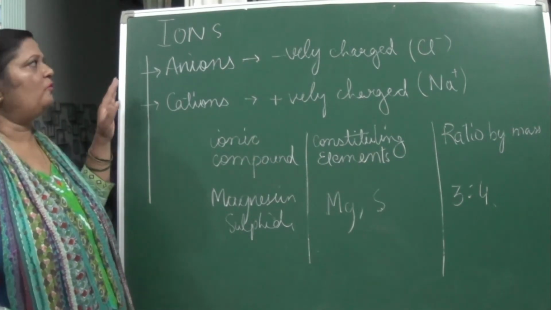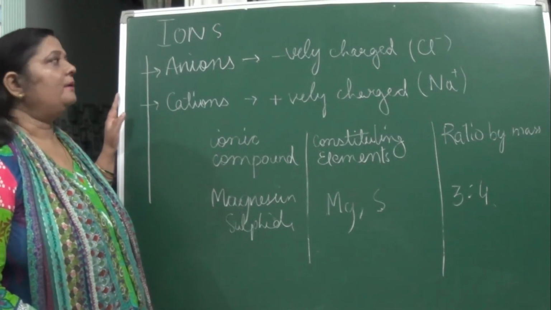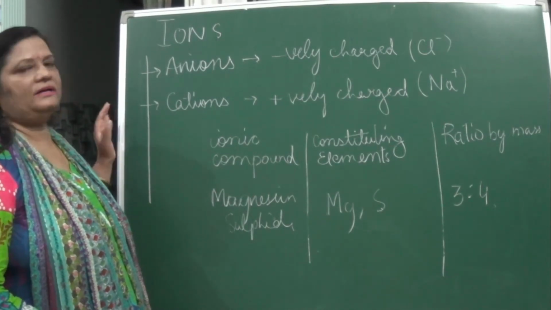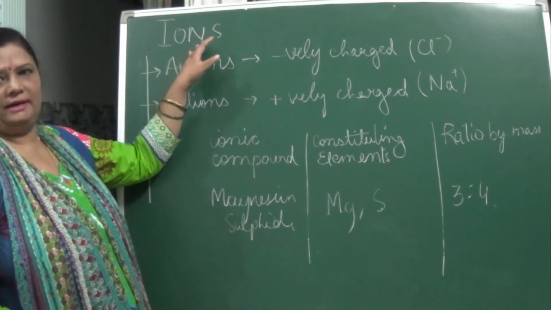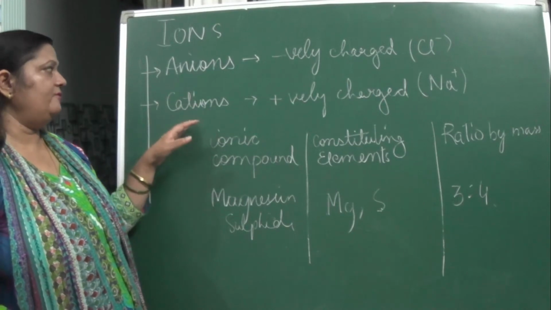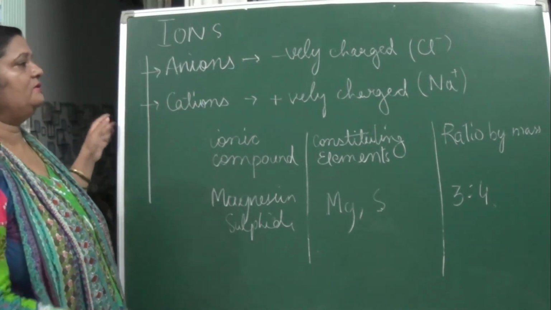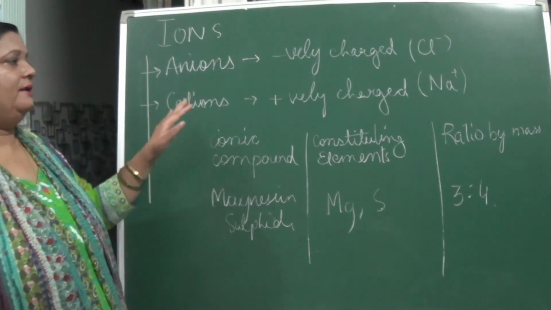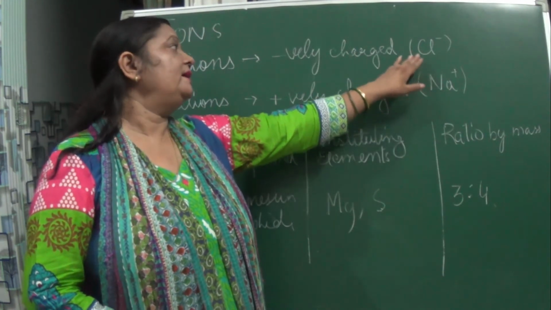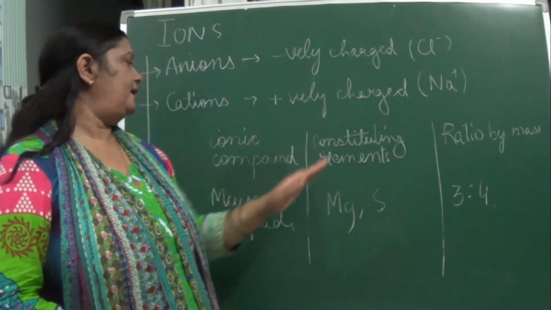So next, atoms exist in the form of ions, okay. So ions are charged in nature, positively or negatively charged particles, known as ions. If it is negatively charged, it is called an anion. If it is positively charged, it is called a cation, okay. Like in the case of NaCl, sodium has one unit positive charge, so it is called a cation. Chlorine has one unit negative charge, so it is called an anion, okay.